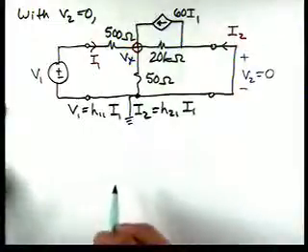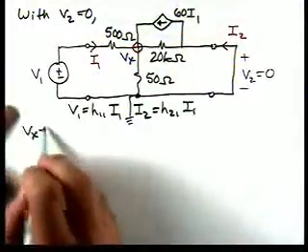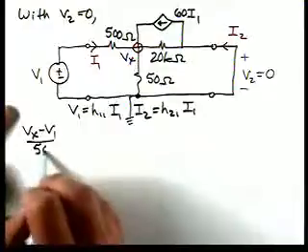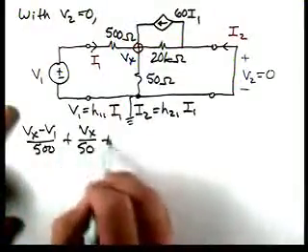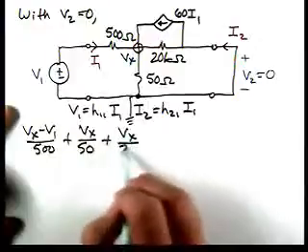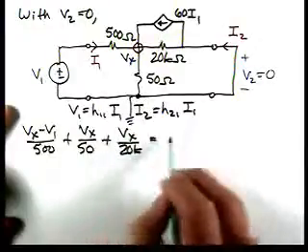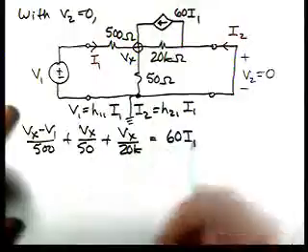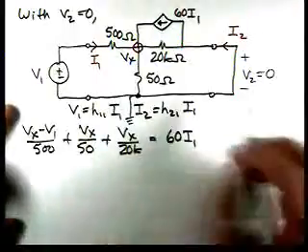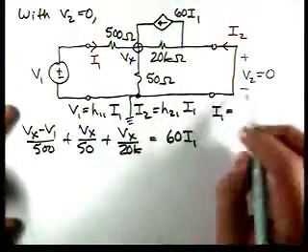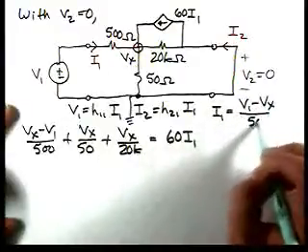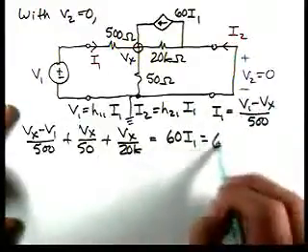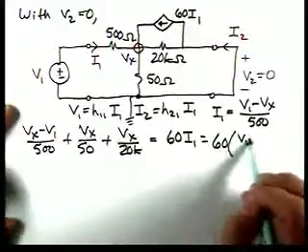So we'll have Vx minus V1 over 500 plus Vx over 50 plus Vx over 20K is equal to 60 I1. And if we look at our diagram, I1 is V1 minus Vx over 500, so we'll have 60 times V1